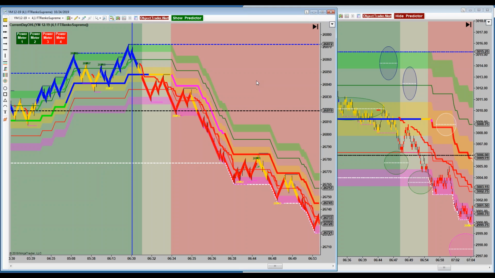I personally like trades that are at or around the mid-band. So let me illustrate as follows. In the pre-market session, you could clearly see that the background was green. The bars were predominantly blue. All the bands in the mid-band were stair-stepping up. And so when you retrace into the mid-band on a pullback,